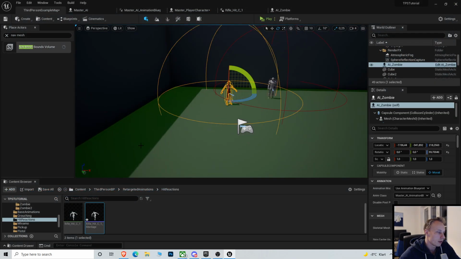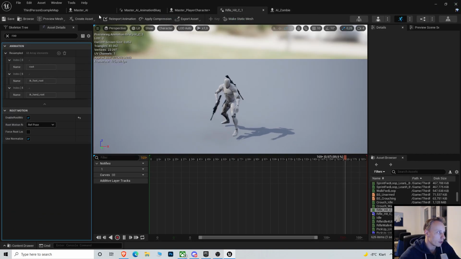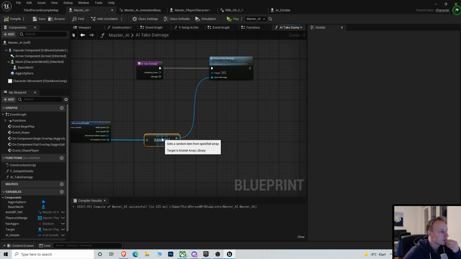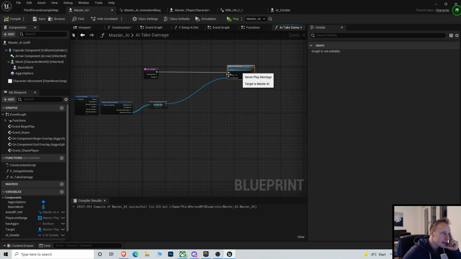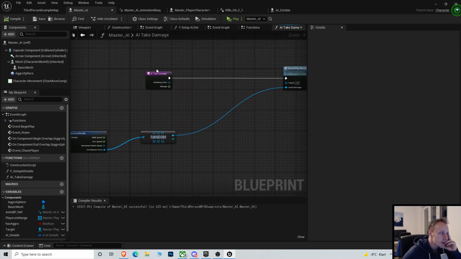And that's the take damage. And we want in our, that's fine for now, I guess. I mean, we don't really need surface types for the AI, I guess. We can just do,